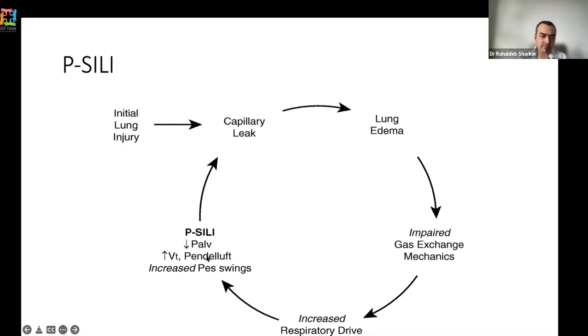So by reducing the alveolar pressure, you then get a huge tidal volume followed by that, and increased swing of the system. This is a quite well-known slide, and I've included it just to highlight that there might be a question around this. I don't think we know exactly at what point we need to ventilate a patient to prevent PCLE, but there are enough physiological data to suggest that this is a problem that happens in spontaneously breathing patients,